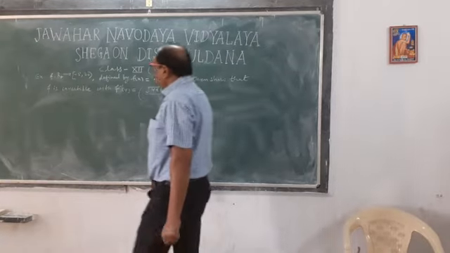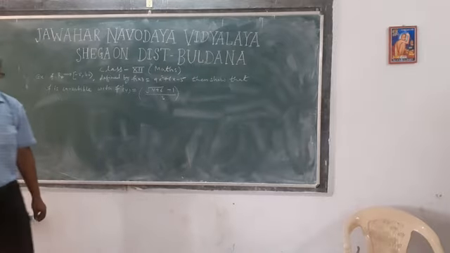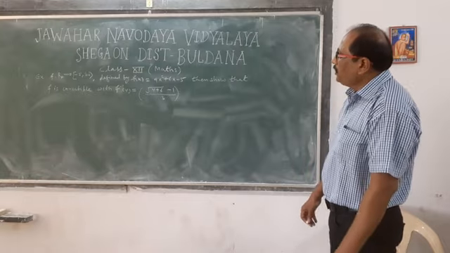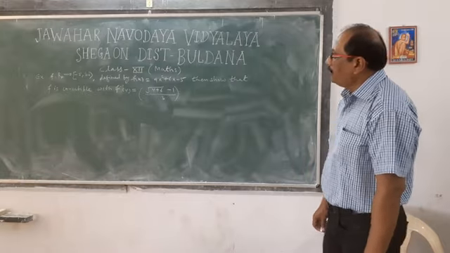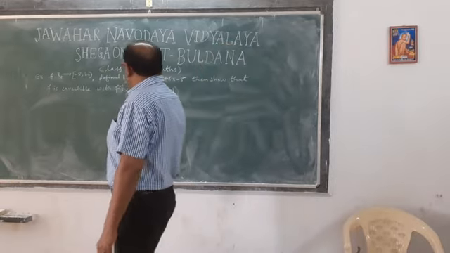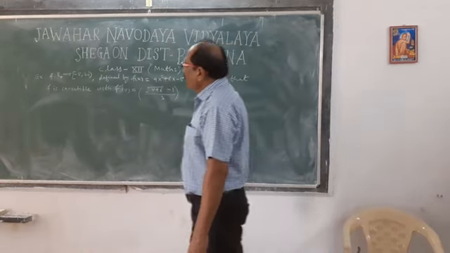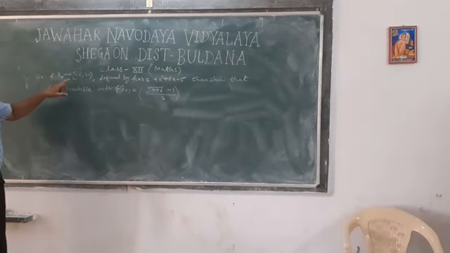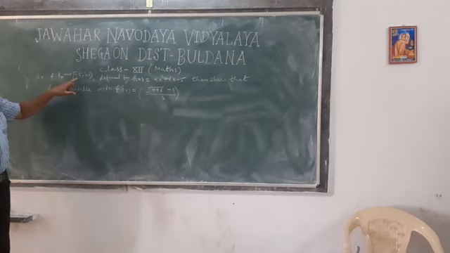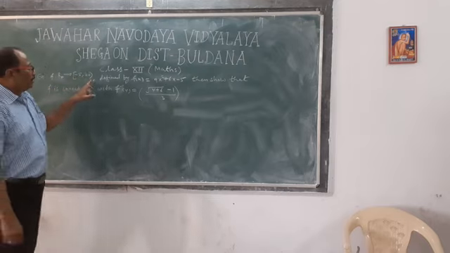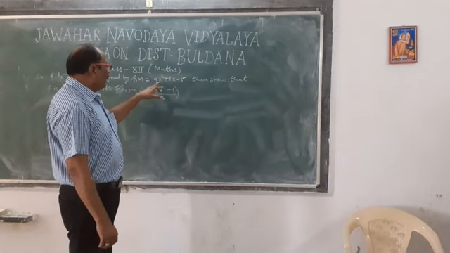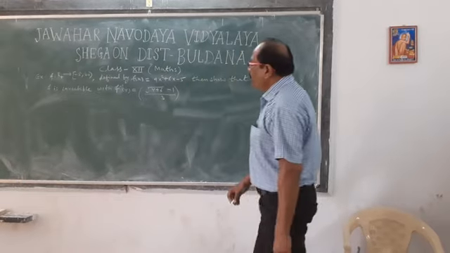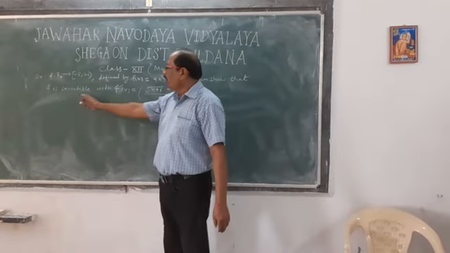Hello students, now we have seen two examples on one function and on two function. Next, I take another example. The example is written like this: if f is a function from the set of positive real numbers to the closed interval minus 5 to infinity, defined by f of x is equal to 9x square plus 6x minus 5, then show that the function is invertible.